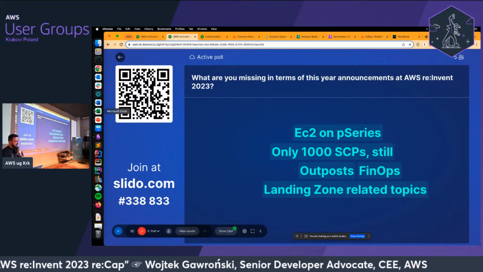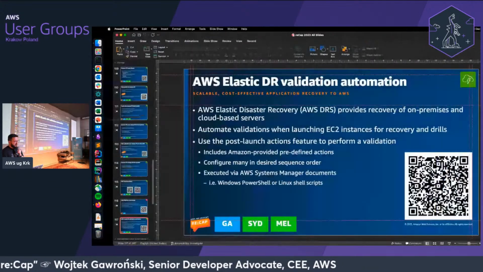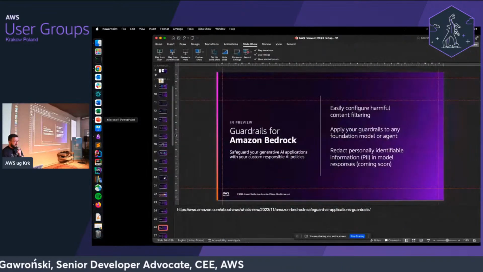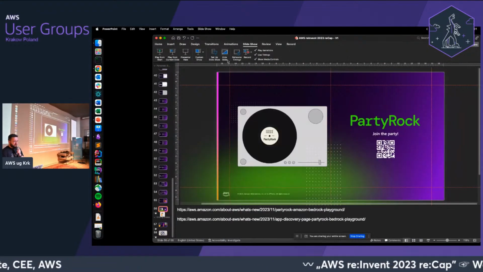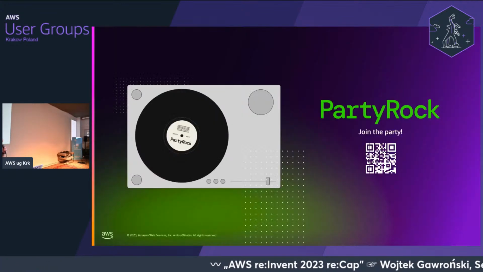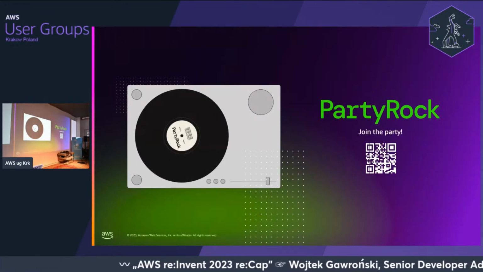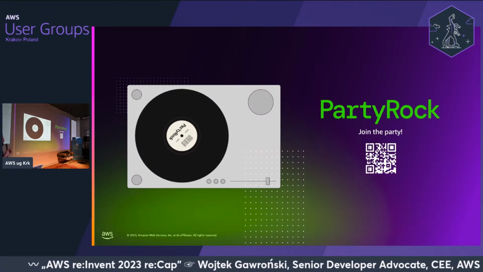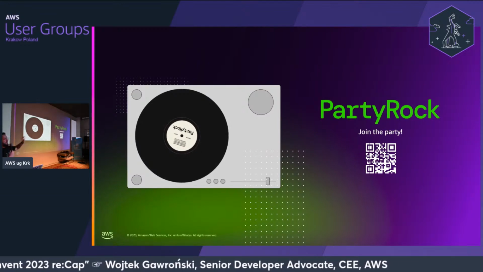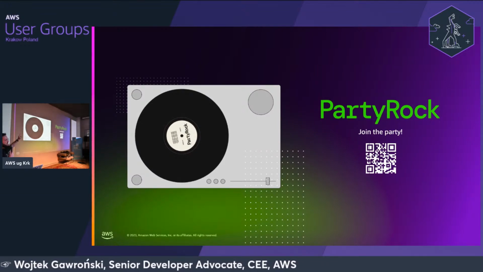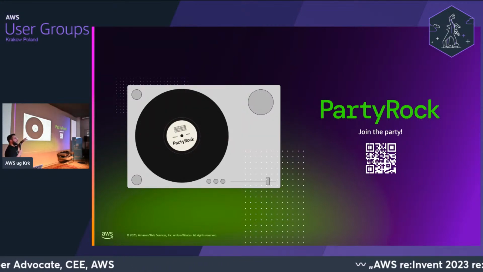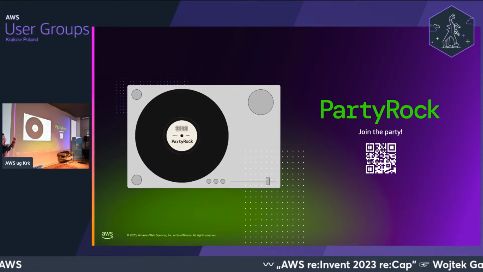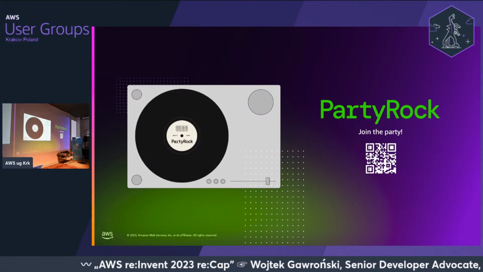All right, if there are any other questions, that's the final time to actually ask them. If not, I have two small announcements. Before re:Invent, there was something announced called PartyRock. And this is actually a way to experiment and play with generative AI applications. For those of you who haven't heard about it, this is essentially a UI that allows you, through natural language processing, to generate an application, a whole application, which is, again, depending on your creativity, either advanced or very simple.